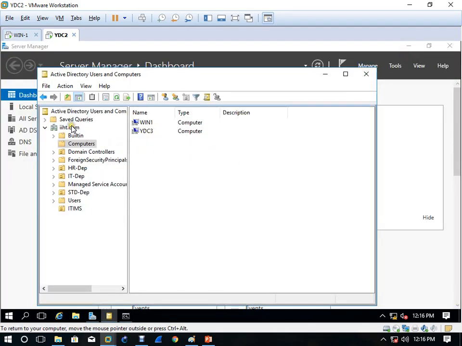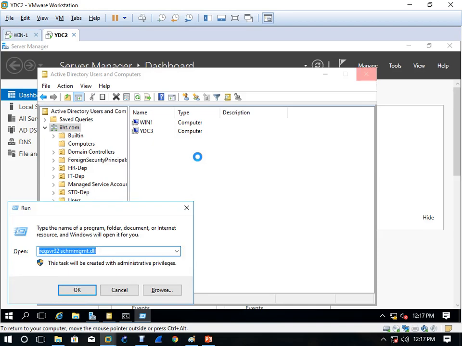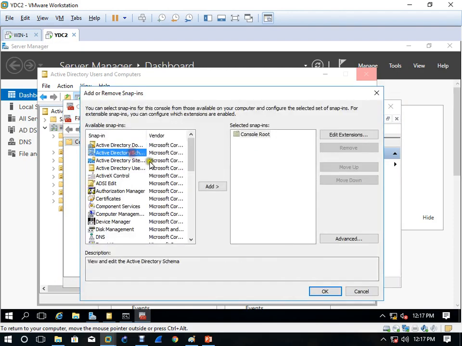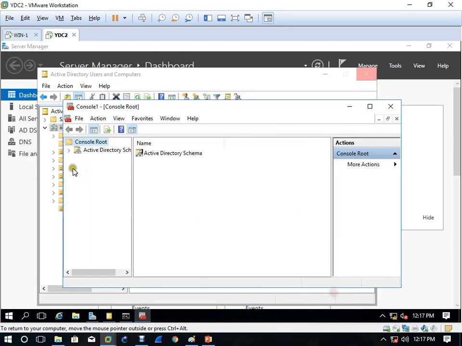Now if you come to your domain and check the operation master, who is the operation master? If you add a snap-in, schema, okay, right click operation master.